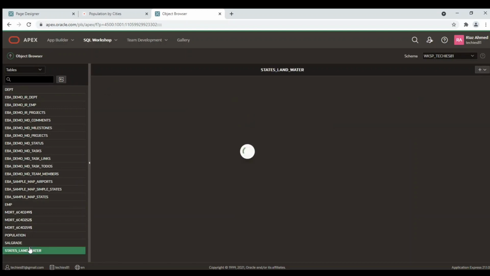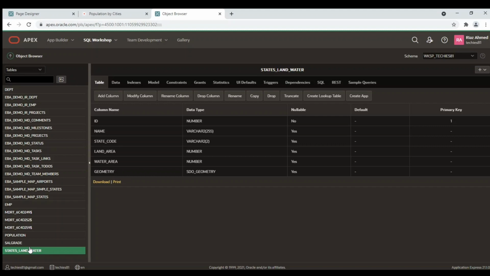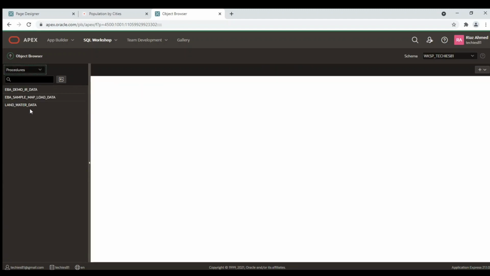The geometry column in this table is of SDO_GEOMETRY data type, which is an Oracle data type used for storage and modeling of location information. The type can store a wide variety of spatial data, including points, line strings, polygons, surfaces, and solid geometries.